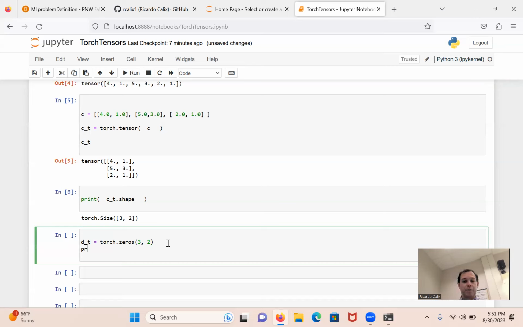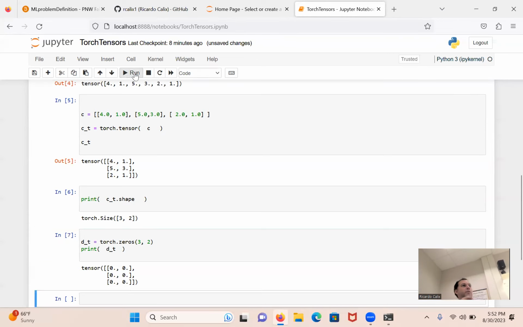So if we print D underscore T, you can see we've got all zeros over there, right? So we did several examples of this with NumPy, where we are creating zeros, ones, random, and random with a normal distribution. Now that I have this, let's go ahead, and you played with these concepts of indexing and slicing,